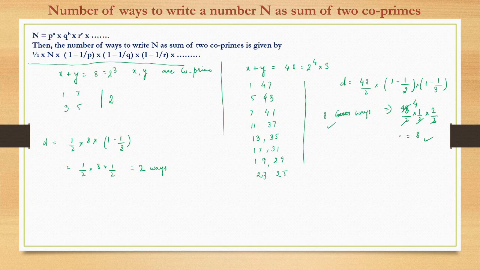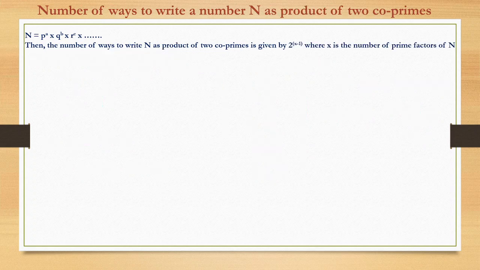So if we use this formula, it is really fast and much simpler, and there's no scope of any calculation mistake or something. But if we do this manually, though we can arrive at a similar result, it is much more lengthy and prone to error. So this way we can use this formula and get the number of ways to write any number n as a sum of two co-prime numbers. Now we will see